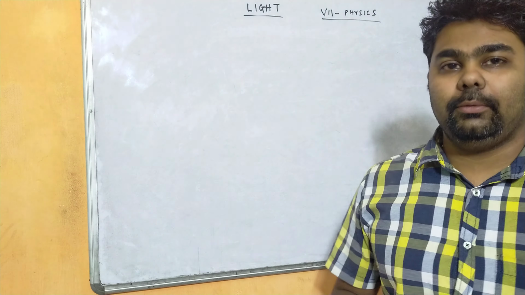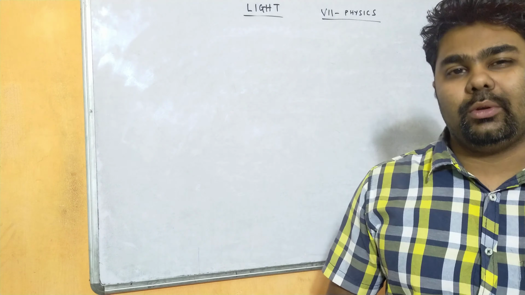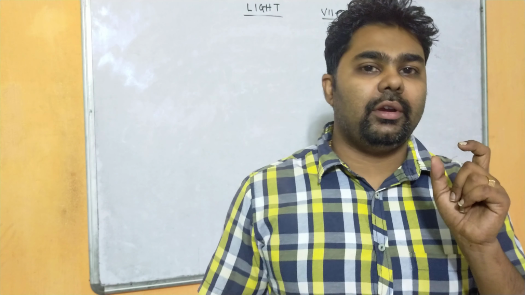So the chapter which we are going to start today is light, and the previous chapter was energy. These two chapters are very related to each other because we know light is also a form of energy which enables us to see objects. Whenever light falls on any object, that light gets reflected and comes to our eyes, and our eyes send an electrical impulse to our brain, and our brain can recognize what we are seeing,